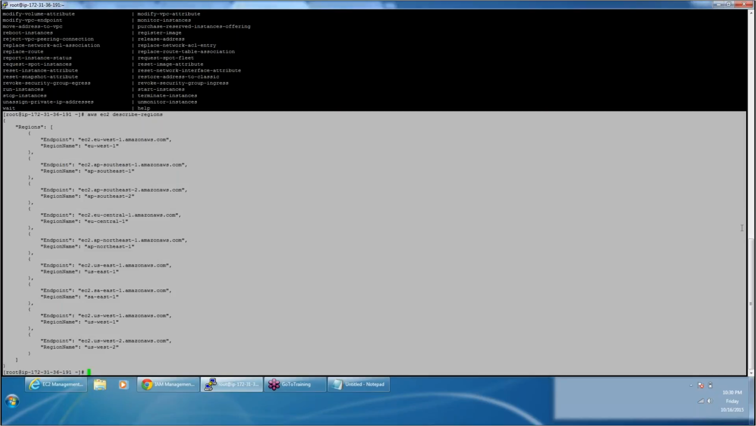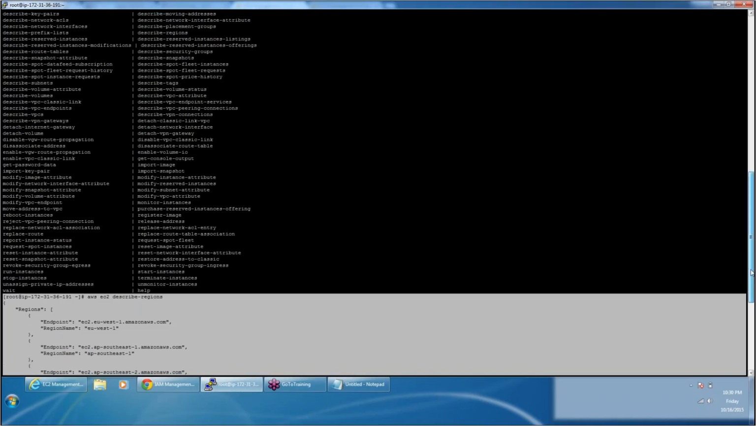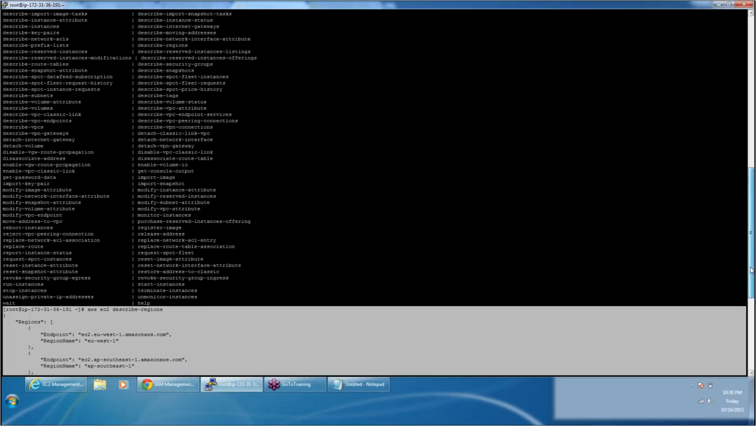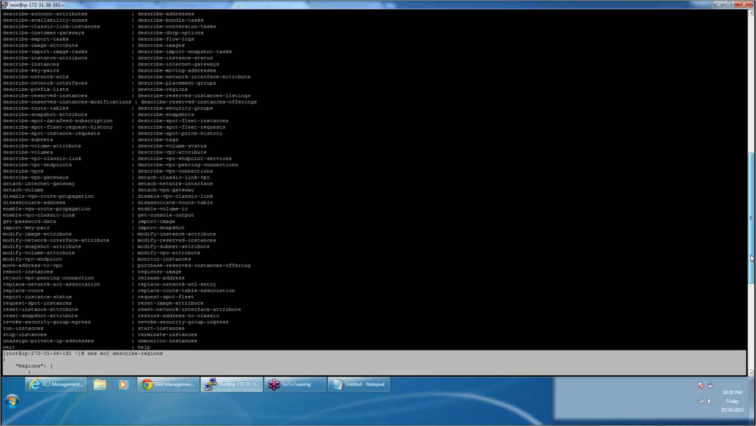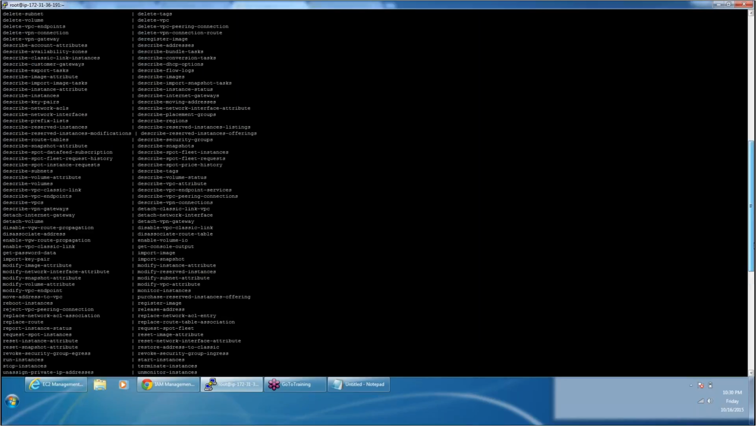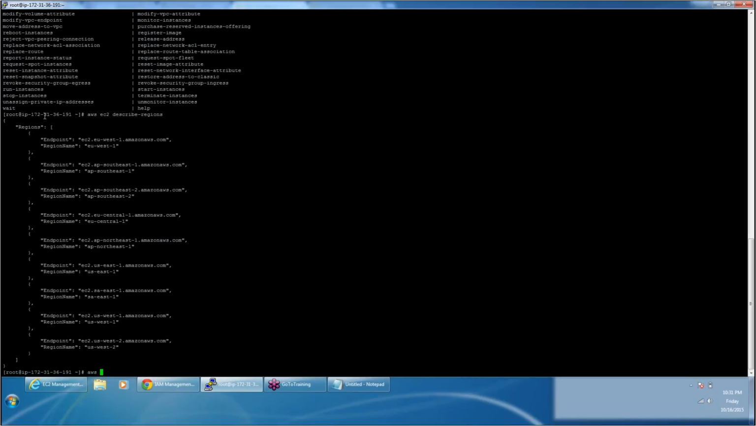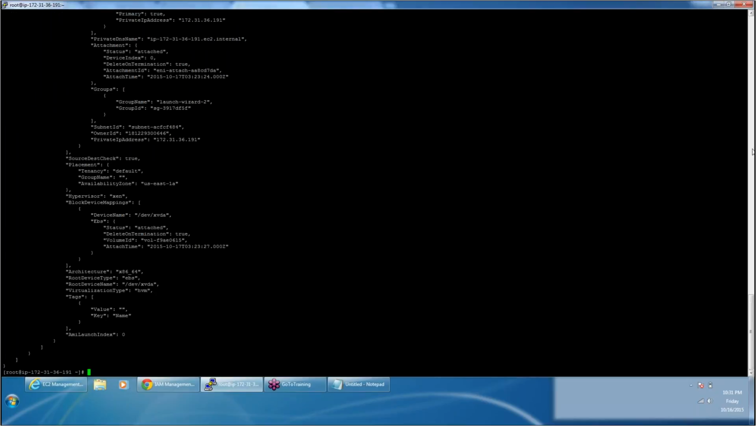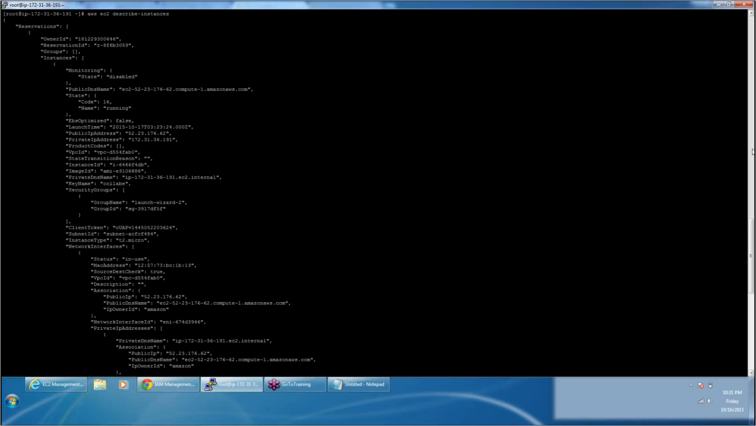In a similar way, you can do aws ec2 describe-instances. If you want to create an instance, you can definitely create one from here, right? You can also list AMIs. All of these things you can do. If I say aws ec2 describe-instances, it's going to show me what all instances I have. Right now it says I have one instance,